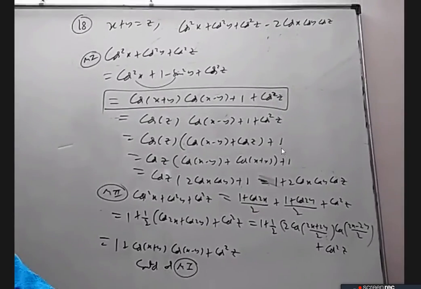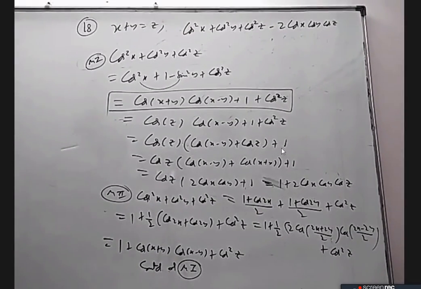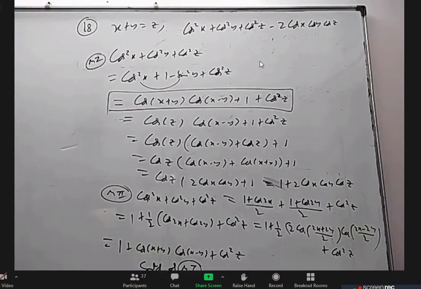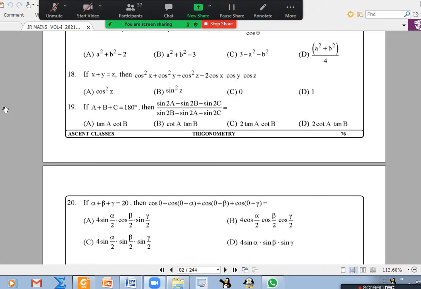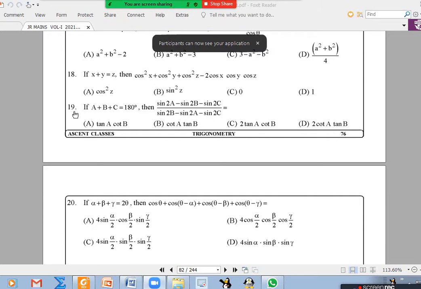For the 19th question, we can directly do it by an objective method. Any one of them, you can put some angles for x, y, z. Even in this question the answer is a constant, so you can put any angle you feel like. For the 18th question, you can take x 30 degrees, y 30 degrees, z 60 degrees, substitute it, and you'll get the answer. For the 19th one, you can put a 60, b 60, c 60 and you'll get the answer. So objective methods, I don't have to discuss. I think you can come up with better than me for most questions. Am I right?